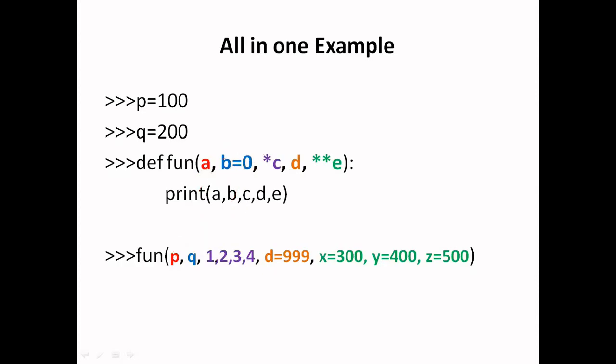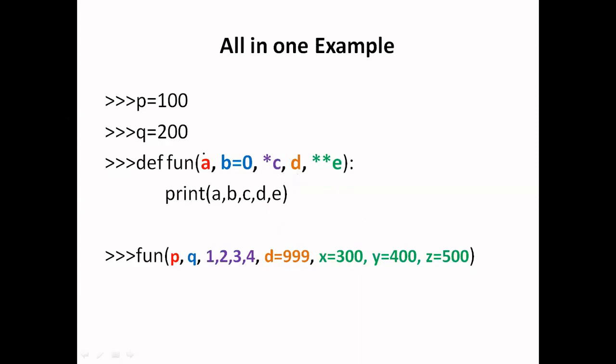After that, I have passed some objects or values, that means 4 objects, 1, 2, 3 and 4. These objects will all be accommodated in this variable length argument, because as soon as it reaches this point, it is a keyword argument, so this will be matched with this variable name or parameter name, and will be accommodated here. And finally, after this, all these three are keyword arguments, so these three will be accommodated in this variable length keyword argument.